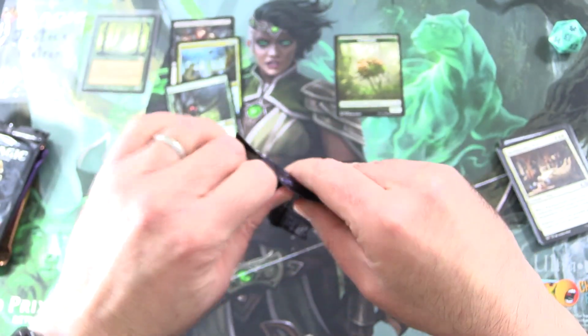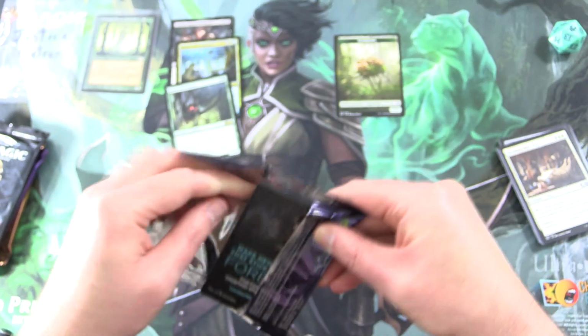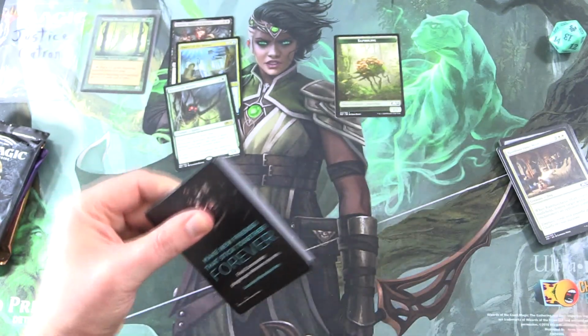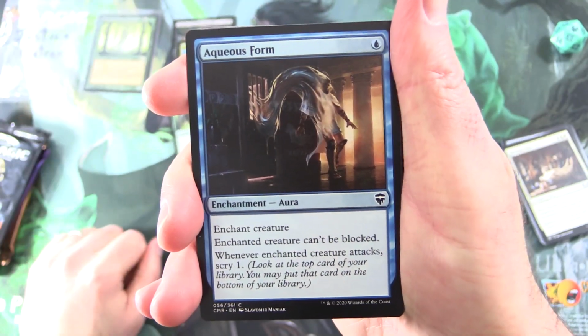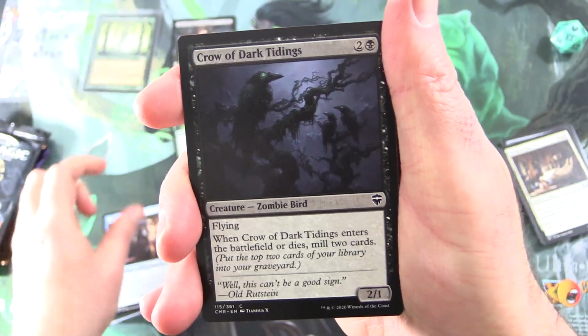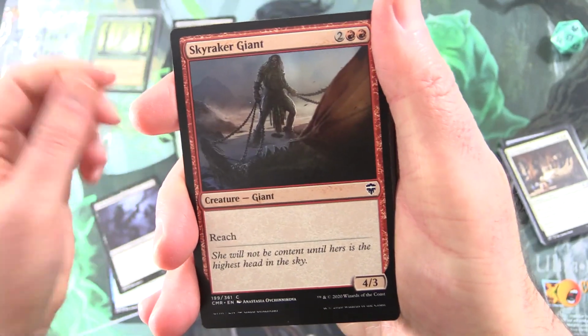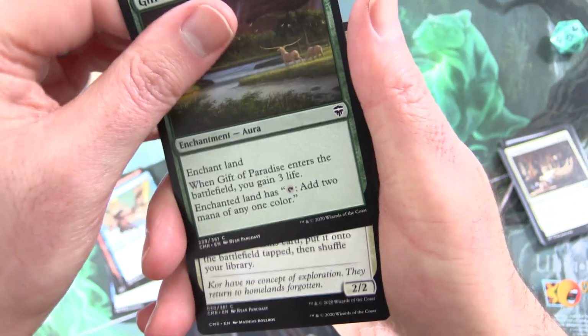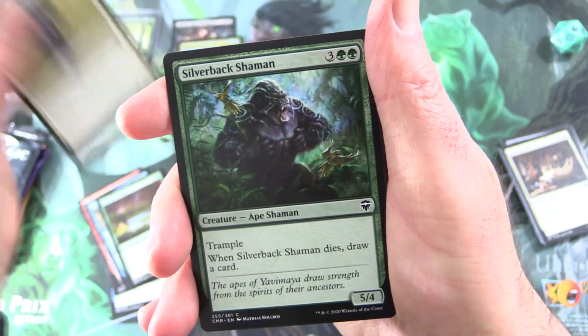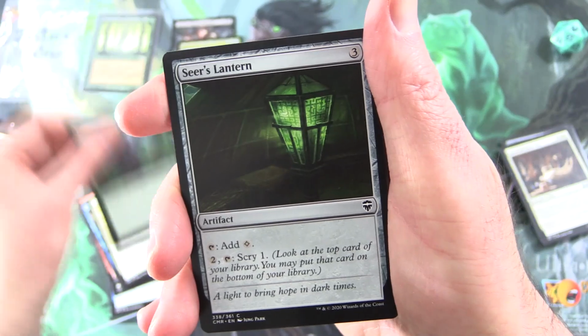Commander Legends. Surely we will get some Treefolk, or at least a Jeweled Lotus. I think Justice would be happy with one of those. Okay, we have Aqueous Form, Crow of Dark Tidings, Skyraker Giant, Kitesail Corsair, Gift of Paradise, Core Cartographer, Silverback Shaman,